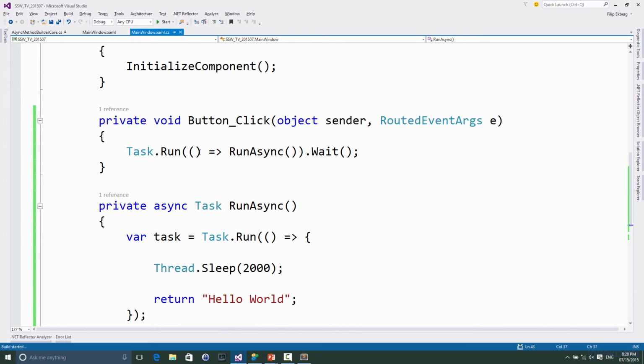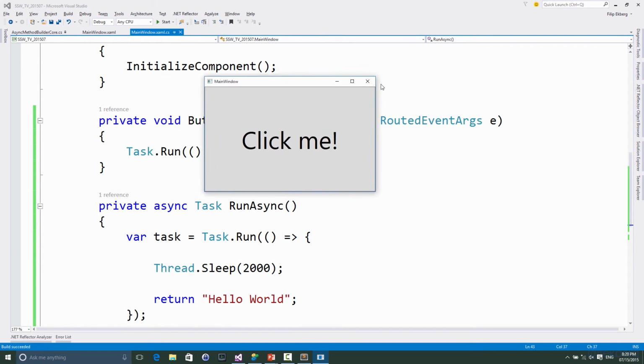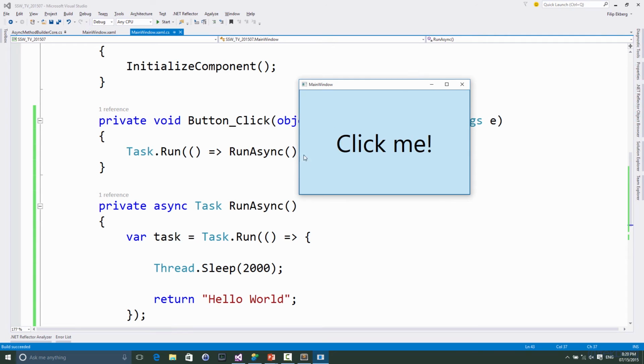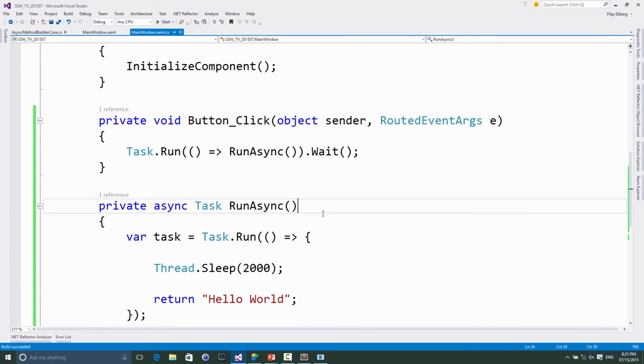See, pair programming works. Hopefully. Come on. There we go. Yay. Worked. So that means that now that I click the button, the UI freezes for 2 seconds, but we